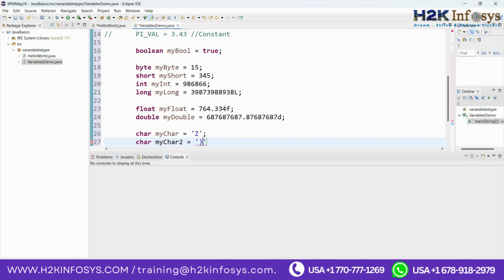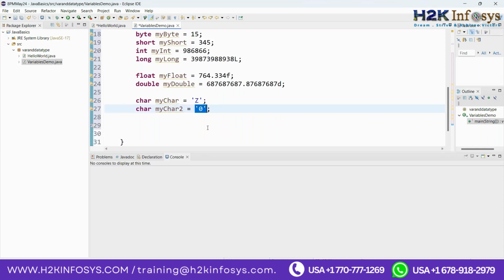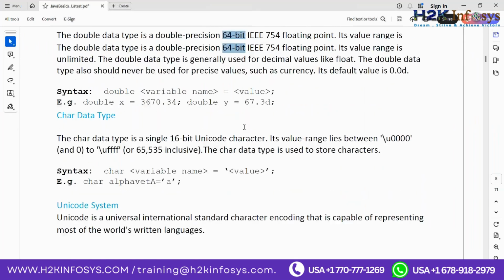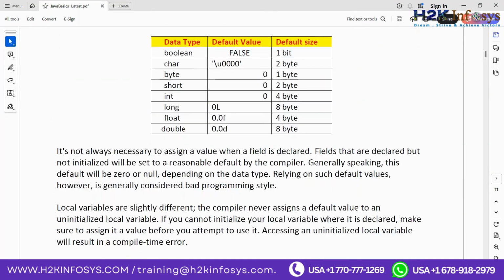Zero can be a character, don't worry. See, no problem, accepted. Now remember, this 0 is not an integer value. It is just one character. Okay, one character, it's not an integer value. So you can store it, no problem. Only one character you can store in the character type. That's it. So with this, we completed all the data types we have in the table,